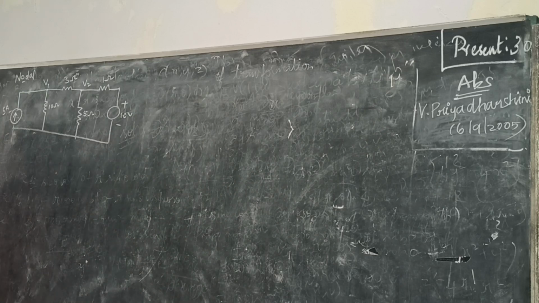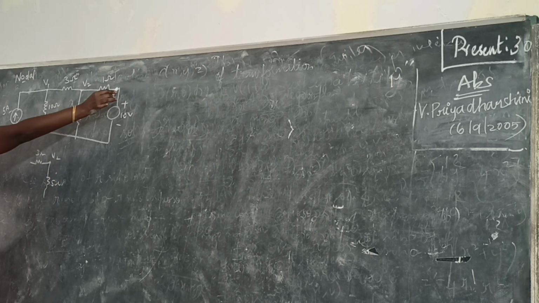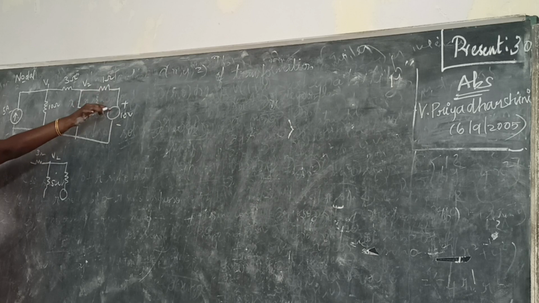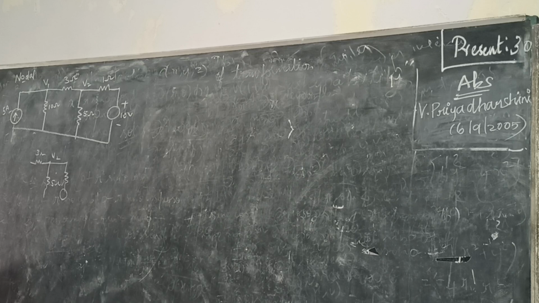This is one node. This is also considered as one node, V2. The elements connected in V2 are 3 ohm and 5 ohm. And here, this is also one node. I can draw this like this. These two are in series, isn't it? So this is also considered as a single node, so you are not considering this as a node. Able to understand or not? Now